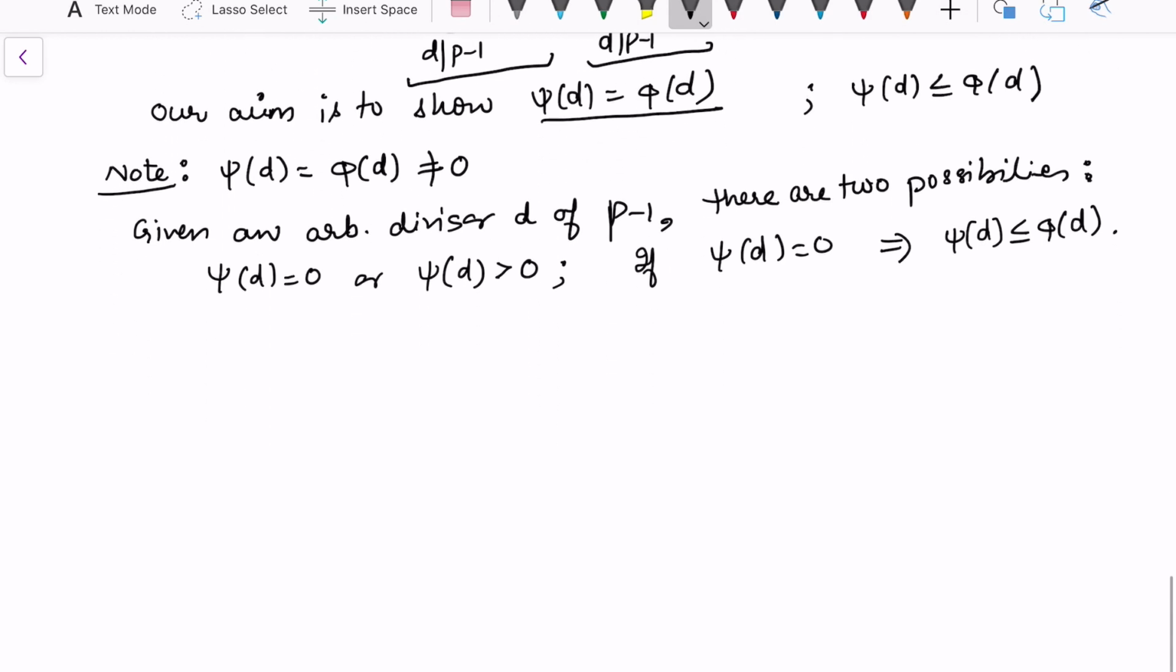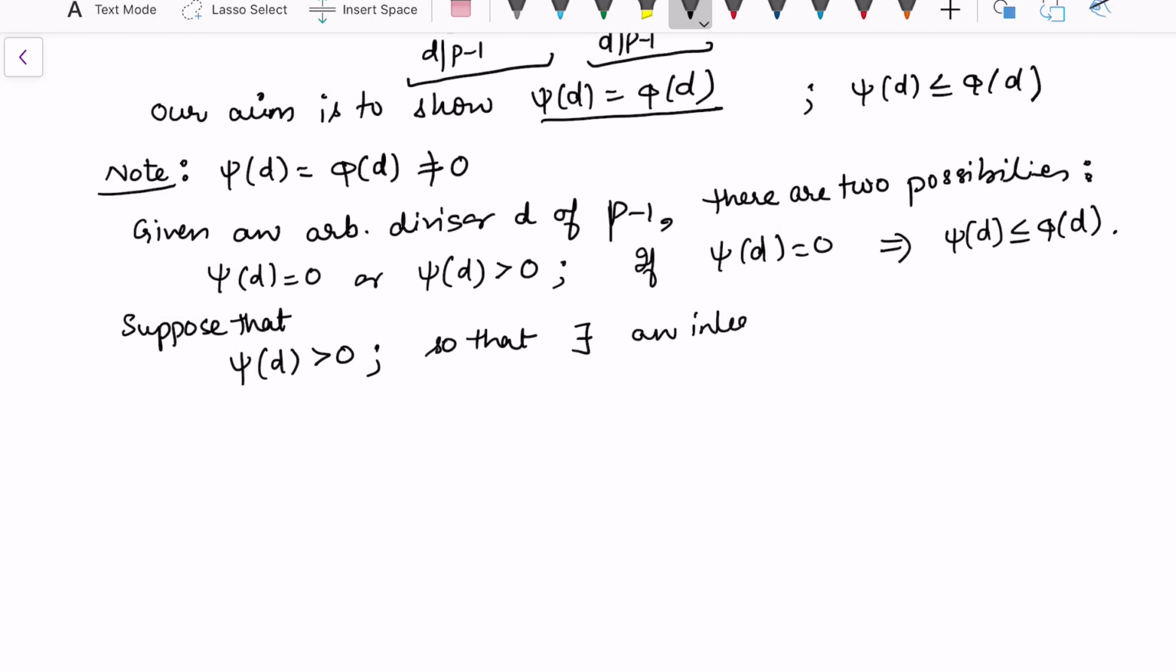Now suppose, on the other case, that xi d is greater than 0. If it is positive, that means there exists an integer a having order d, because this is what we have in the definition of xi d: the number of integers that have order d. And once we have at least one such number,